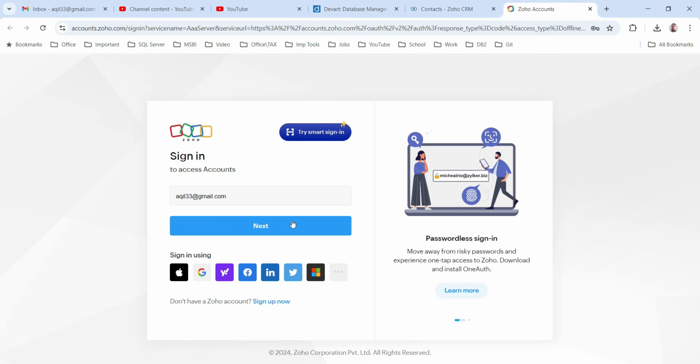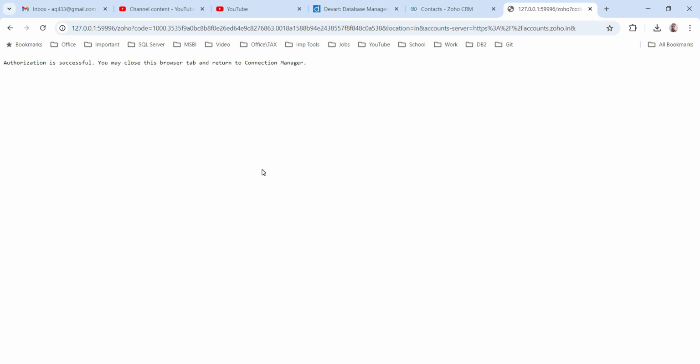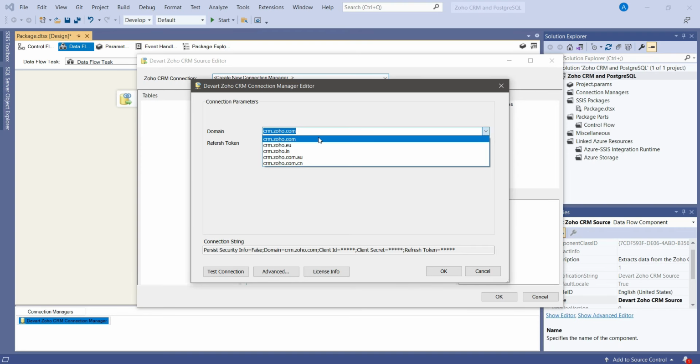So I need to log in with my credentials. So the company name is the ABC when I created the account. So I need to click on the accept so that it can allow the access to the Devart SSIS components. So you can see that the authorization is successful. So now I can go back to the SSIS package, okay,